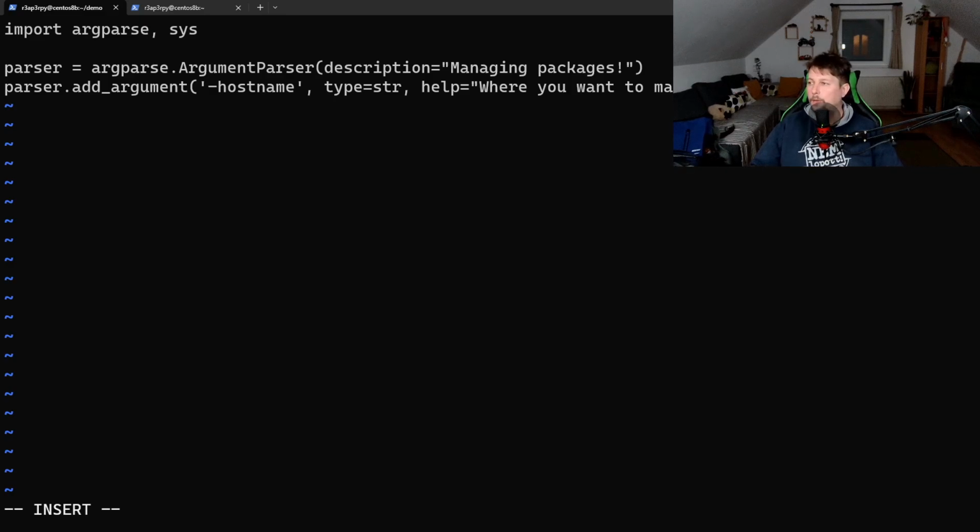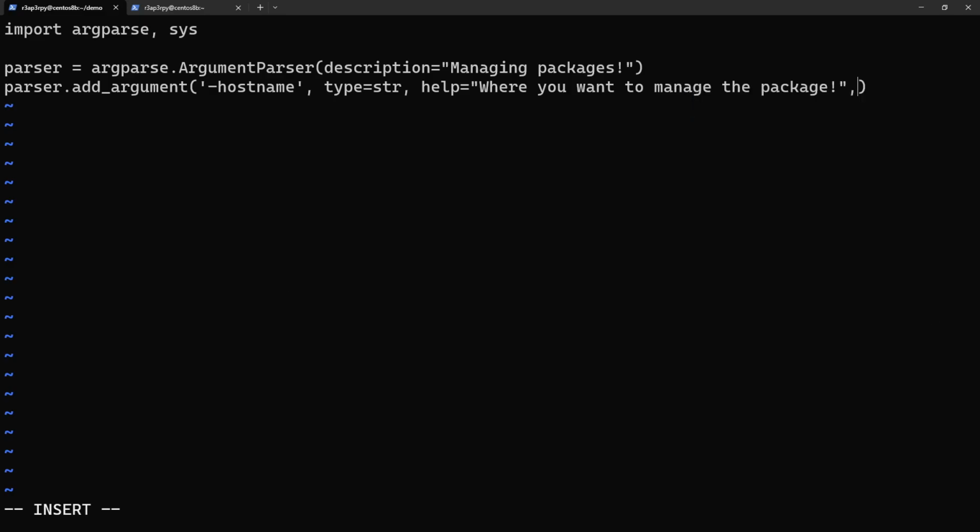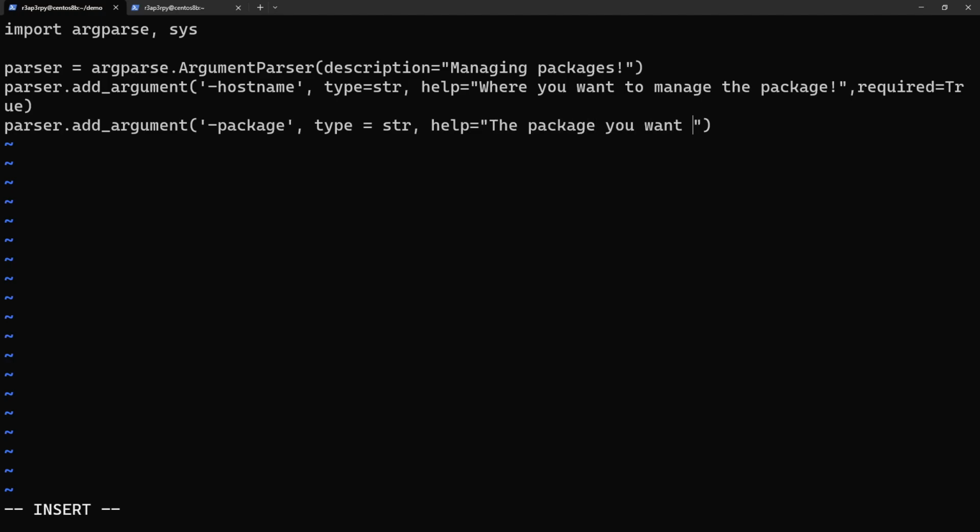And let me turn off my camera, and then what we will do is to say that this is a required argument. Alright, now we have the parser add argument, and let's call this package, and the type is going to be string, and the help is the package you want to manage, and the required